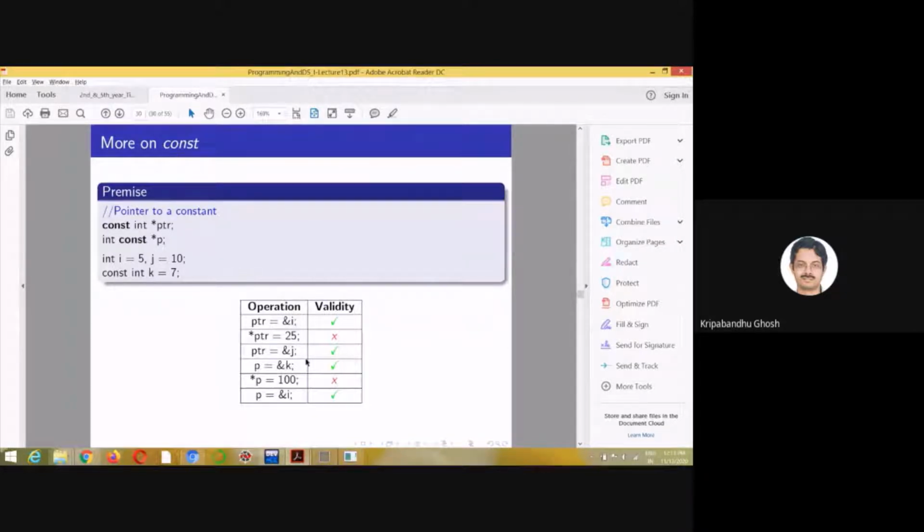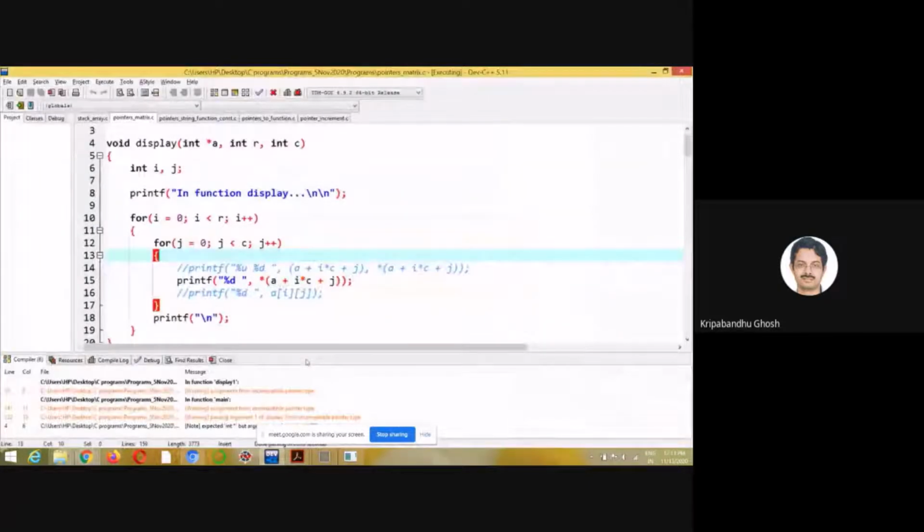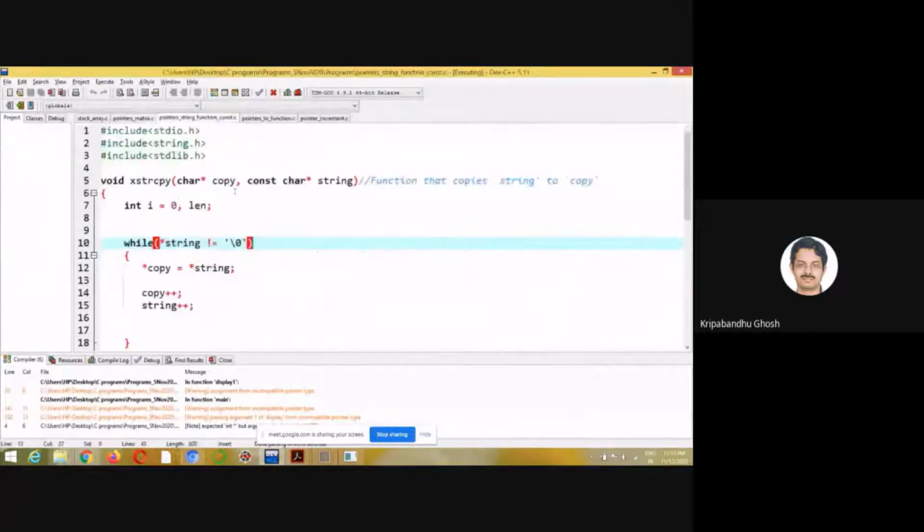So what is the use of it? Why would one want to do it? What's the benefit? So here, I started the lecture last day by talking about how I'm going to basically reverse the string, but that's not the case.